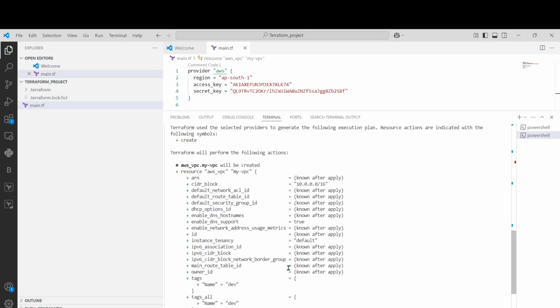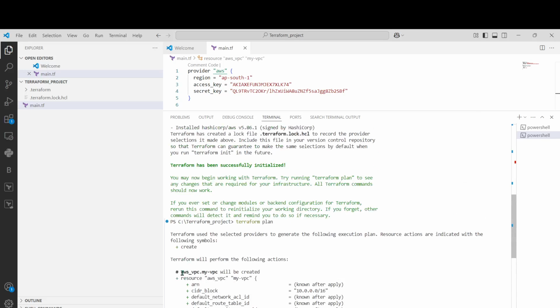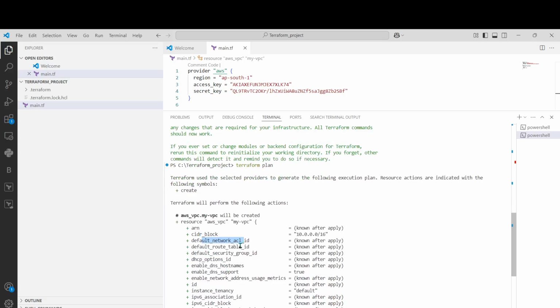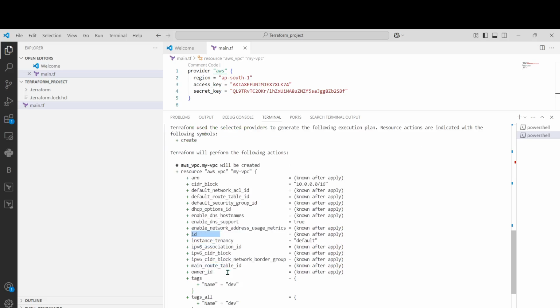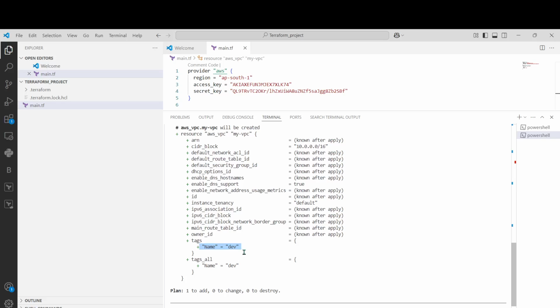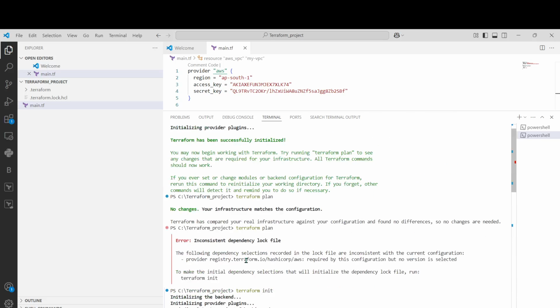So if you see, we are going to create a VPC. Okay, that VPC is my VPC. It will be created, and then all these resources like ARN, CIDR block, and then a default network ACL, and then IDs, VPC IDs. So everything will be created, and the tag which we are going to give is dev. Okay, so also if you see here,